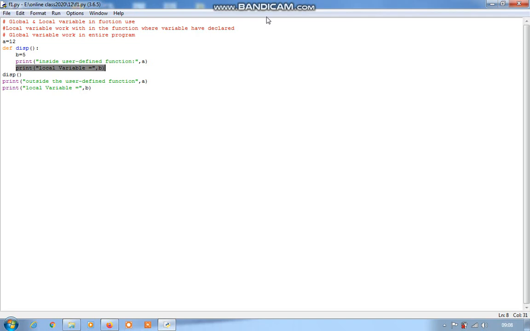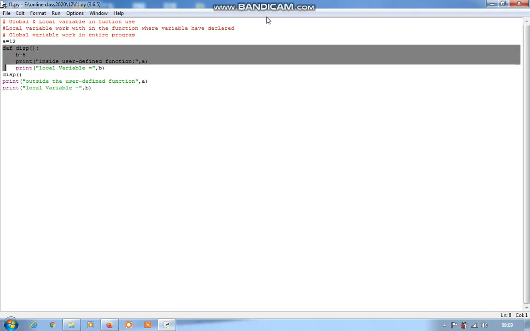It will take the first global variable and the second local variable. Now, outside of this much is the body of the function. You can see this is the complete body of the function. Beyond that, if we are using them, then local will not work and global will work.